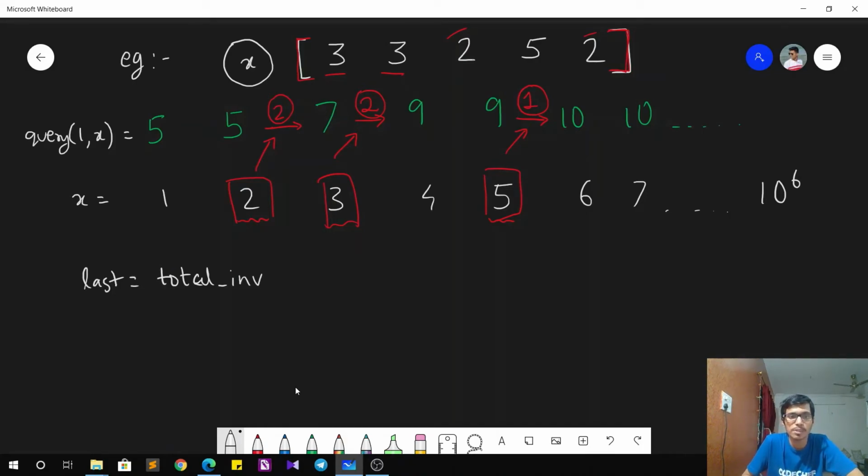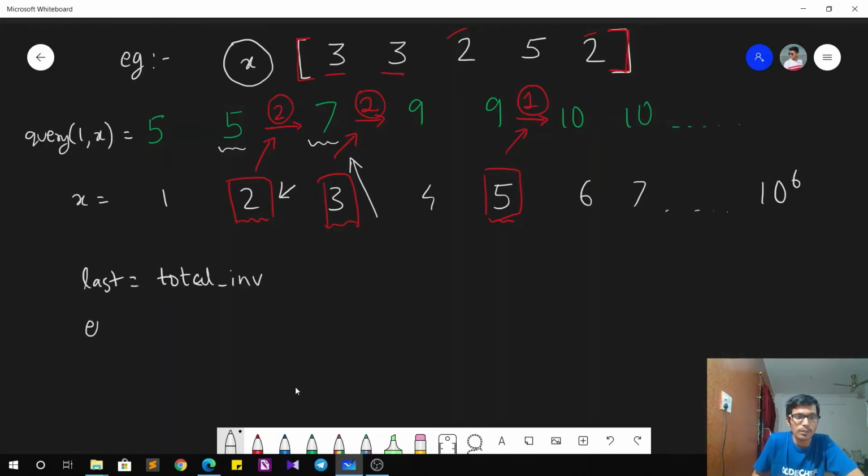We can observe here that 7 is just greater than 5. So we need to find this position so that we know that the value x minus 1, that is 2,